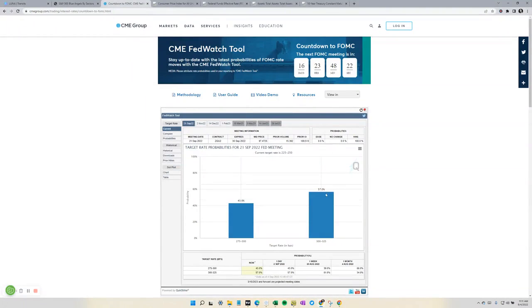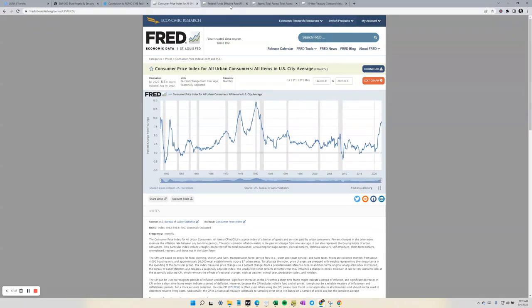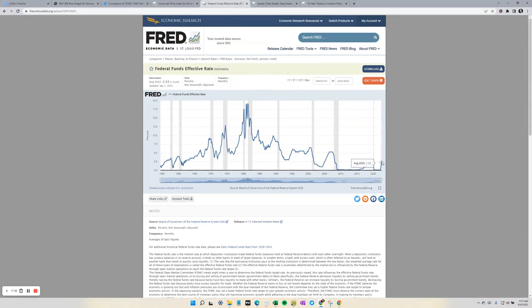This has been flopping around. It really came down quite a lot on Friday. I think prior to Friday, it was up. It was increased, and people were, again, expecting a 75 basis point hike. I think as long as there's such a huge discrepancy between CPI and the Fed funds rate, they have to